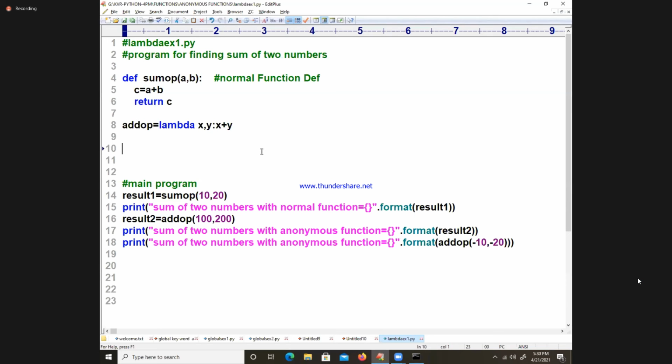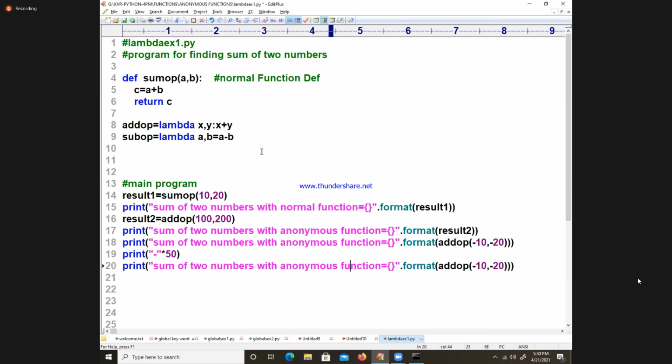I can do the subtraction program: sub OP is equal to lambda a comma b is equal to a minus b. Now I will write, see how I will write, print of star 50. Somebody will ask you, sir, what is the star 50? I know somebody will ask, I know today they will ask, right?